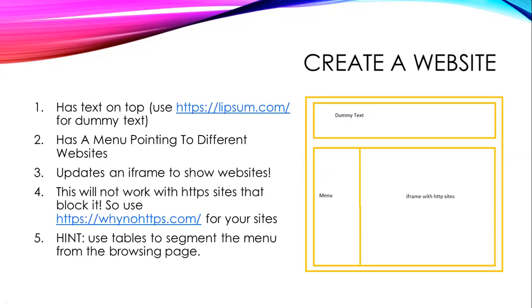Okay, so we're going to create a website that's a little bit more complex. At the top, it's going to have the following structure. This diagram I'm showing on the right is called a wireframe. A wireframe basically is a drawing of how you want your website to look when you actually implement it. So oftentimes graphic designers will create the outline and then convert that into an actual HTML page. So it's going to have text on the top. It's going to have a menu, and when we click on the different menu items, it's going to change the page that is shown within the iframe.